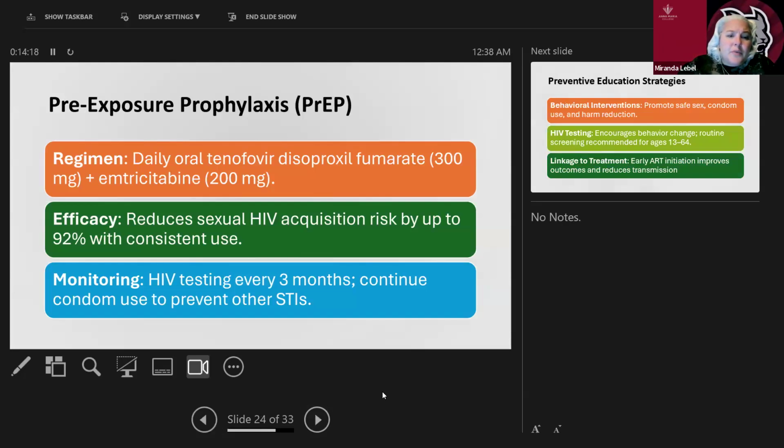We could have pre-exposure prophylaxis. So this is going to be daily oral tenofovir. This is going to be patients who have not been exposed, but again, have the lifestyle where they may have an exposure. So we would treat them with our regimen. So our tenofovir and the